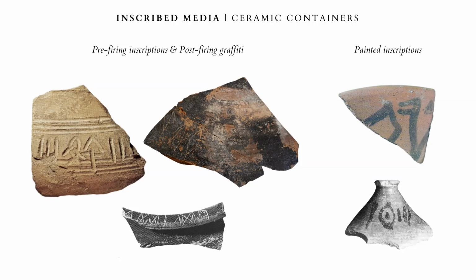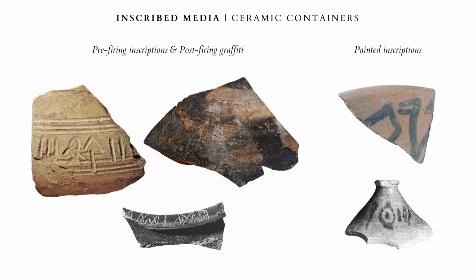Single signs or short sequences of signs were traced onto ceramic containers before or after their firing. In exceptional cases, inscriptions were also painted on vessels. Such inscriptions may have indicated ownership, but also information about the jar's capacity, its content, storage, or may also have had apotropaic meanings. It should be noted that this handwriting did not lead to the eventual development of a cursive version of the Indus script.